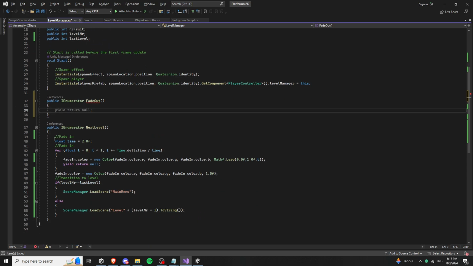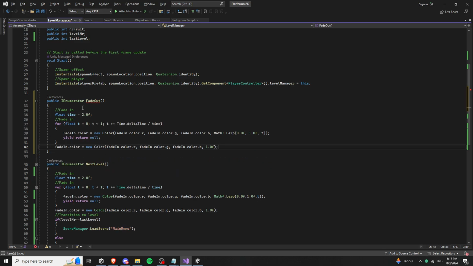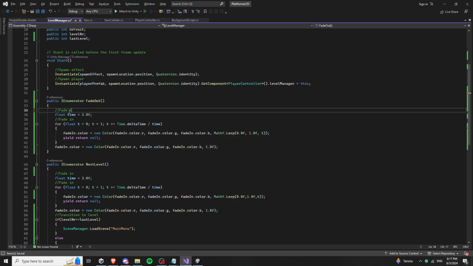We'll copy paste this, except the last part where we transition. Let's call it fade duration. This is fade duration, and here fade out. The same, just the last part we start from 1